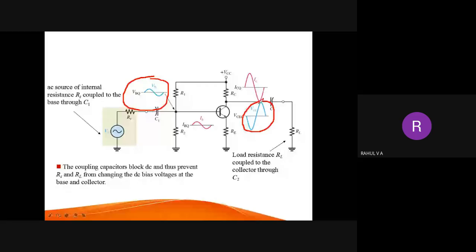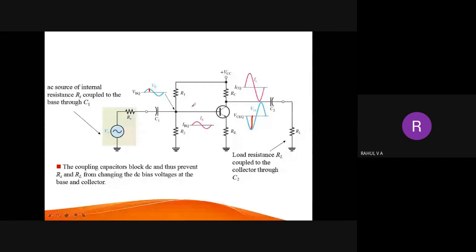Okay. Is there any difference between input and output? Yes, it is inverted. We can see that it is amplified. You can see that the peak to peak value, if you measure, is a minimum value, but we can see that it is increased. The voltage value is increased, but at the same time it is inverted.